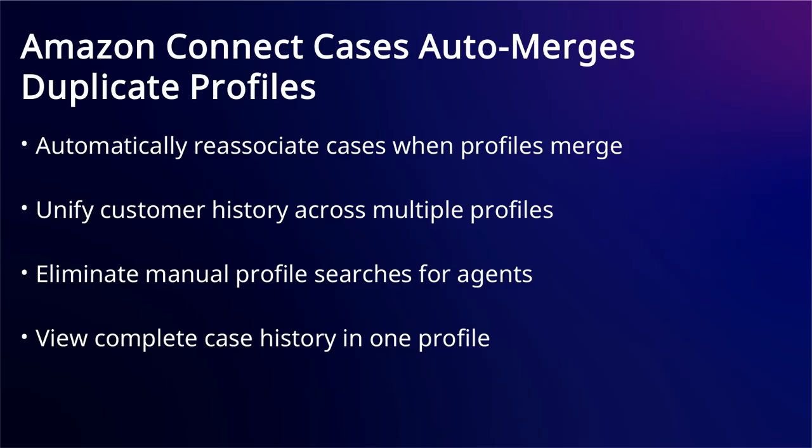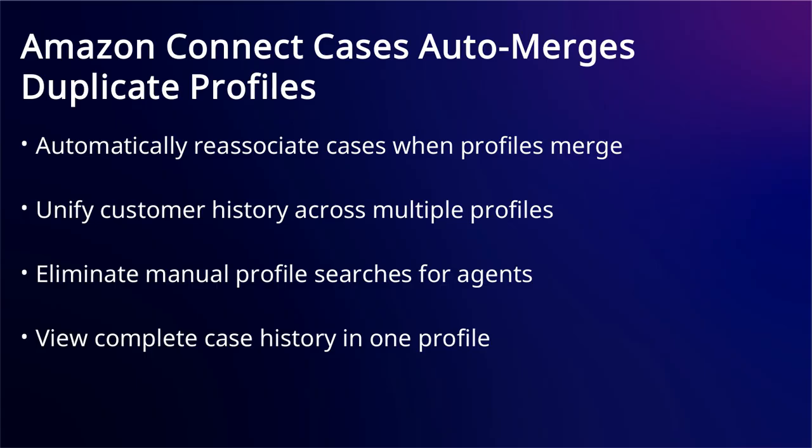Amazon Connect Cases now automatically reassociates cases when identity resolution in customer profiles detects and merges duplicate profiles. You can automatically reassociate cases when profiles merge, ensuring agents see all relevant cases in one place. The system unifies customer history across multiple profiles, eliminating the need for agents to manually search through separate profiles. Agents can now view complete case history in a single unified profile, providing full context for every customer interaction without